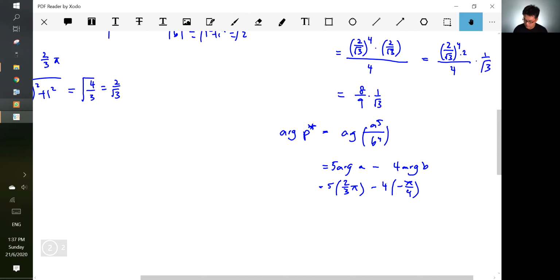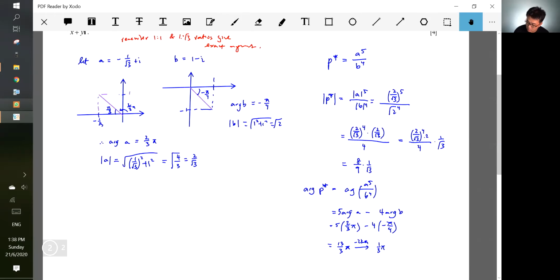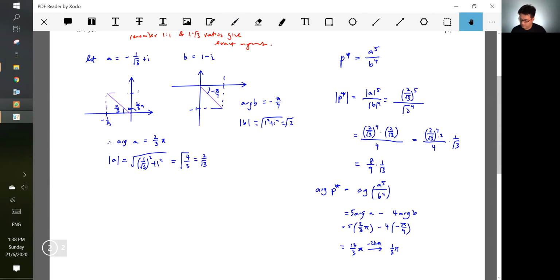So this will be minus 2k pi. Keep at minusing 2. 1/3 pi. There you go. So argument P